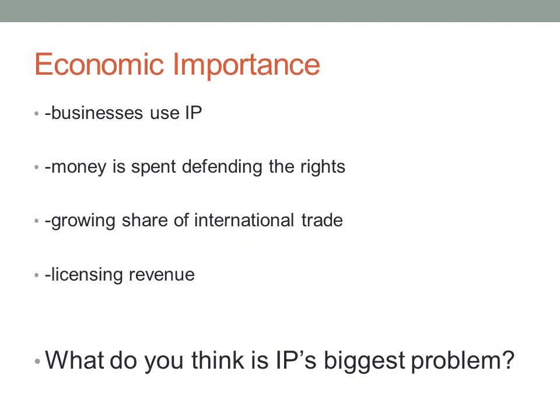Intellectual property is growing internationally. We have this internet that puts all these intellectual properties out there for the world to see and have. There's a ton of money in licensing intellectual property. The total value of intellectual property assets has been estimated to account for one-third of the value of all of the United States businesses. What that means is it represents 45%, almost half, of the U.S. gross domestic product. This is a big business. So what do you think is the biggest problem?